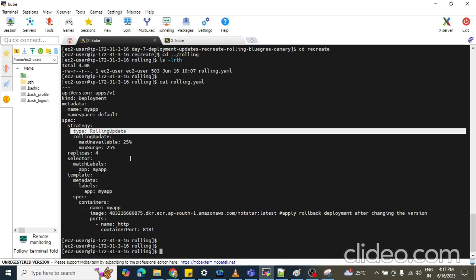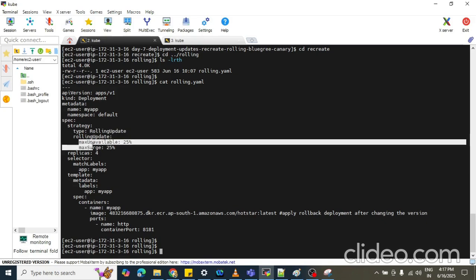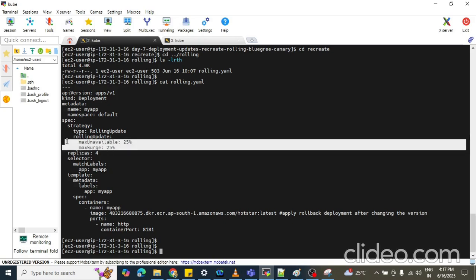And what will be the impact if we are using rolling updates? There will be no downtime, as we are running two versions simultaneously at the same time. Okay. Next, maxUnavailable 25%, maxSurge is 25. What is the meaning of this? RollingUpdate maxUnavailable 25% means up to 25% of the desired pods can be temporarily down during the update.